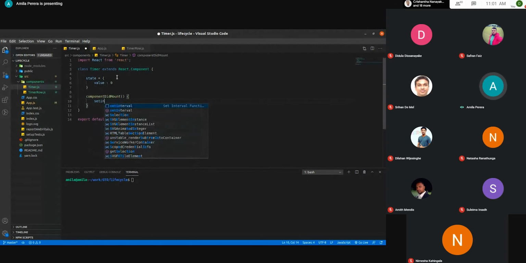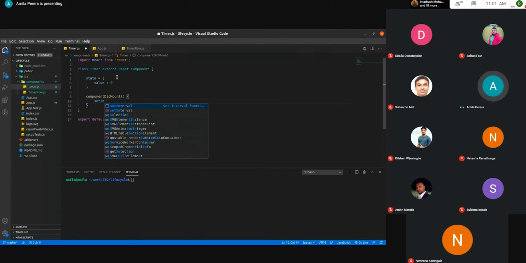In componentDidMount, you can send API calls, put timers, and do a side effect to the global state.